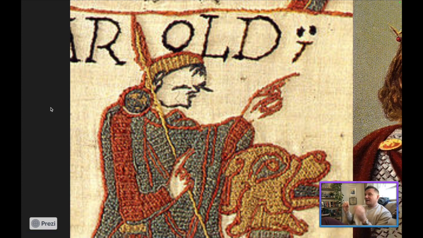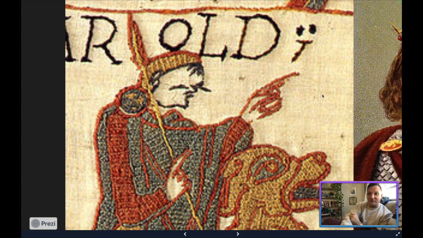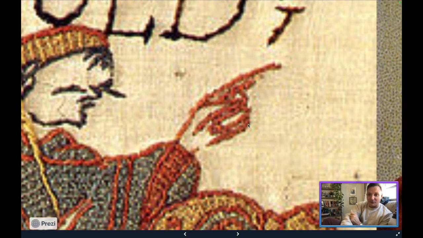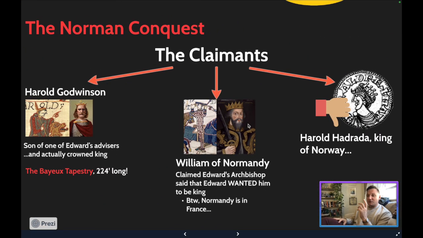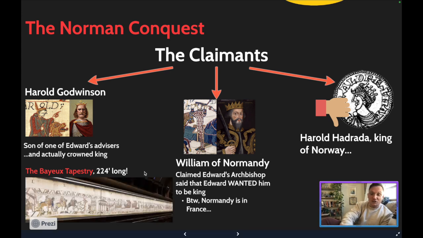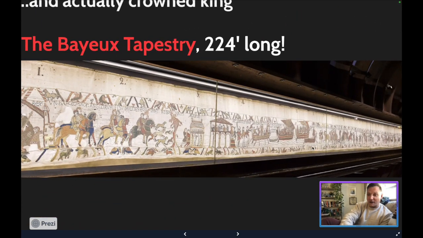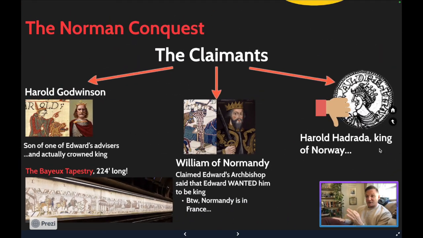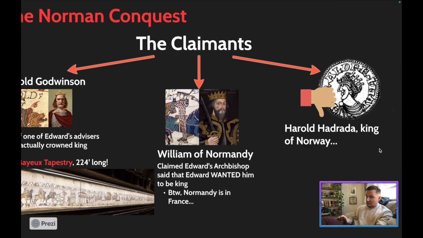I kid you not, it's literally a tapestry. It is a piece of cloth that has cross-stitched figures on it, and look how crusty it looks. I've never been able to draw fingers my whole life, but that is a crusty-looking finger right there. So the thing about it is the only account of that entire affair that we have is just that Bayeux Tapestry, right? It is super long, too. Look how long it is. It's the only documented evidence we have of the war between these three individuals, right?